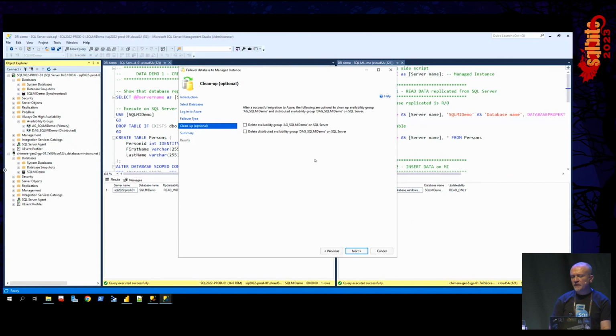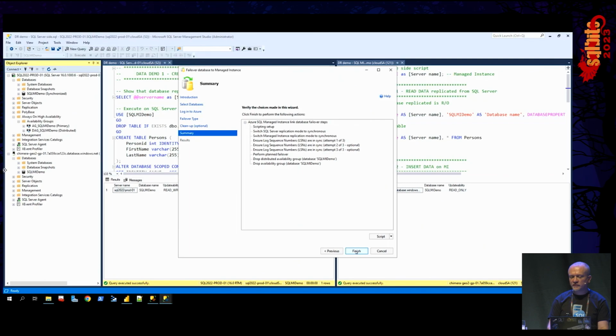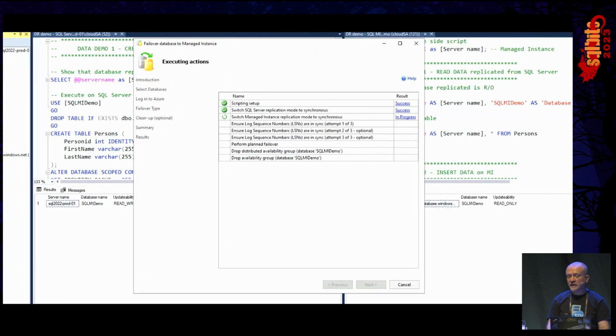This is a cleanup job. So if you want to, after you're done with migration, clean up the AG and DAG we have created on your server, you can do that. This is optional. And then there are steps that I've mentioned or shown in the previous diagram that are being